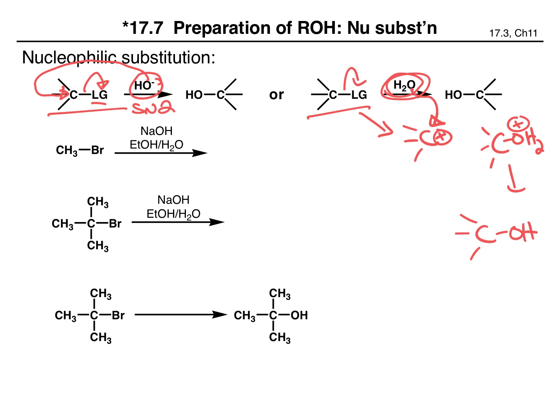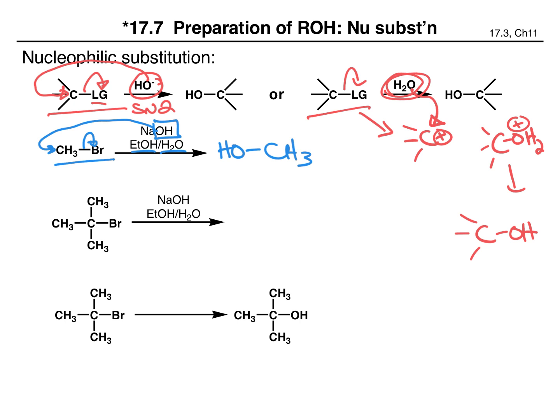If we have our simplest alkyl bromide, methyl bromide, this can be treated with sodium hydroxide in ethanol and water. So make sure that we're focusing on the most reactive species, right? In other cases, we can have ethanol or water act as a nucleophile, but we also have hydroxide present, and that is the strongest nucleophile that's in here. So this is going to be the nucleophile. It is going to add here, kick out bromide, and we get